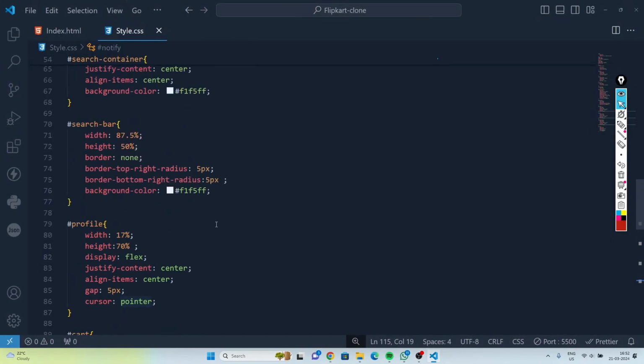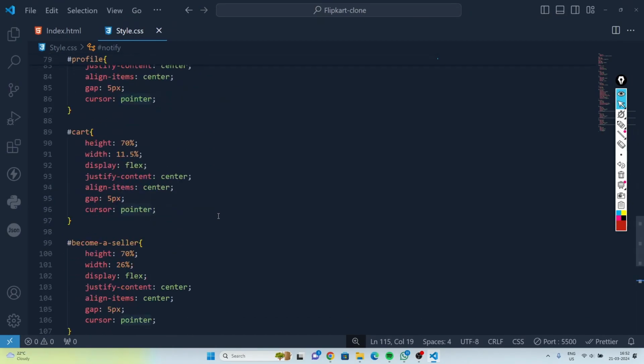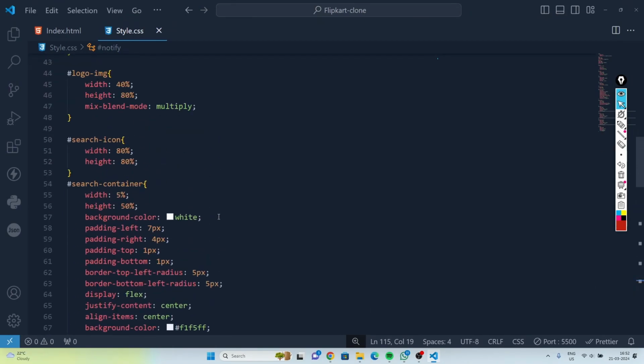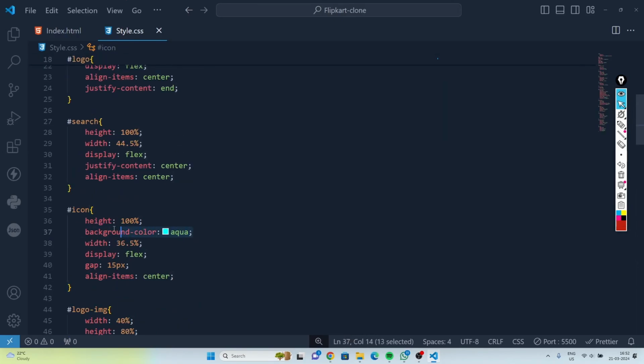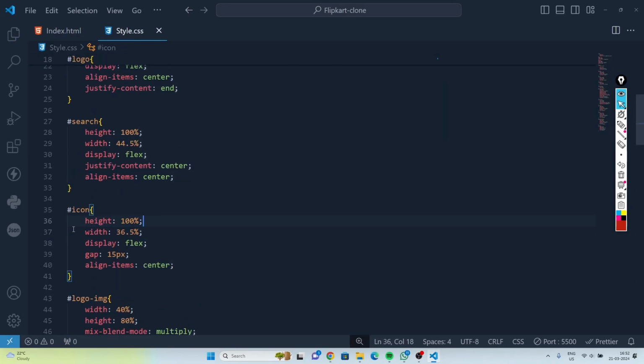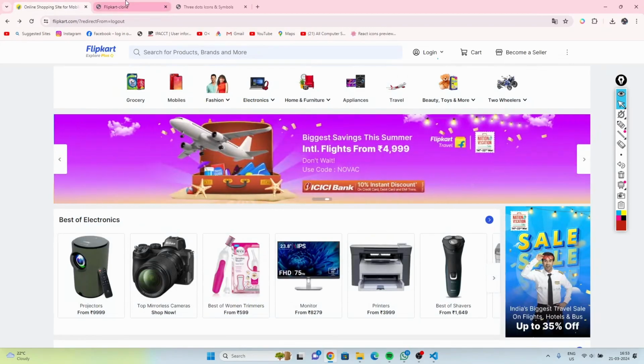And then our final task is to remove the background of the icon. Yes. So finally our nav part is ready. I think it's kind of looking good, right? It's actually looking good, I think. So let this be the first part where I will